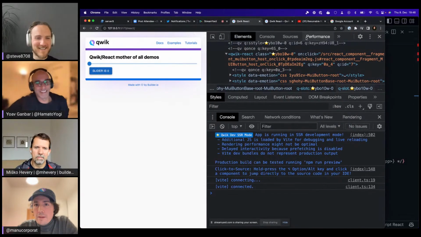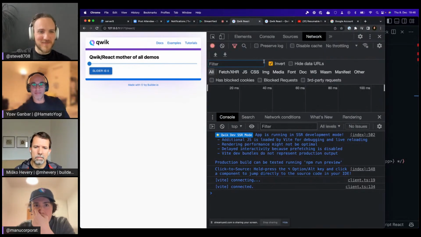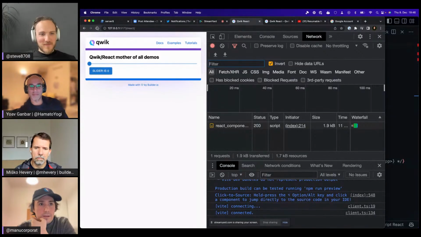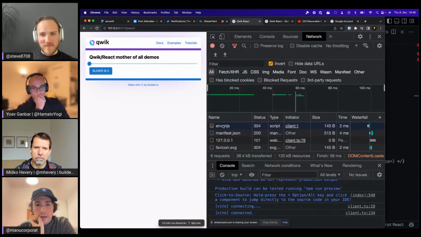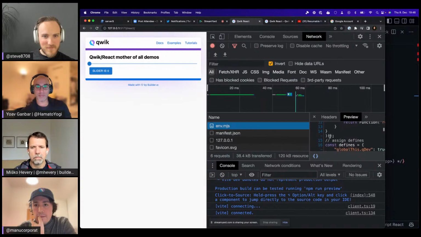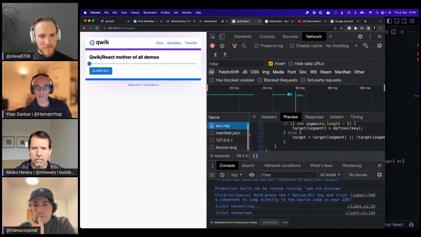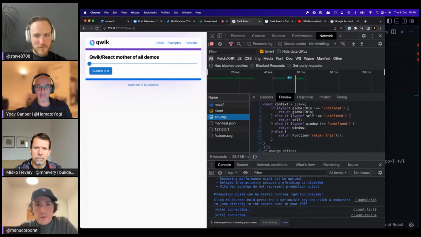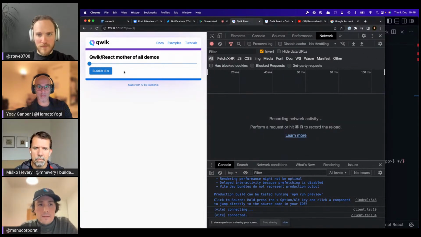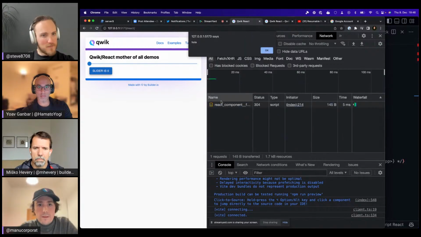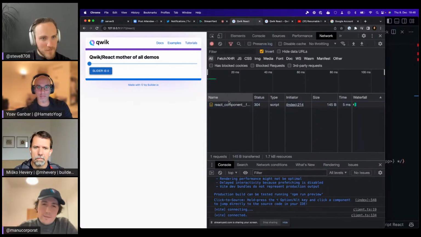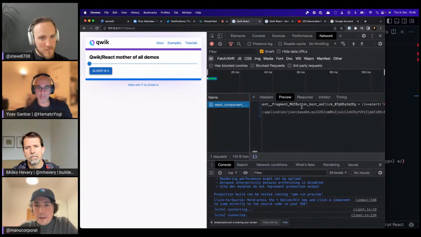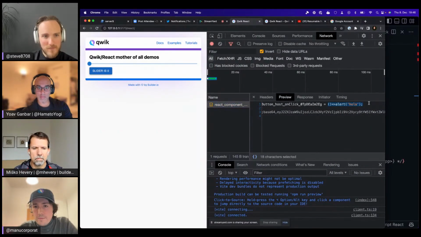So if we open the dev tools, we will see that by the time I click, let's see this. I'm going to refresh. So this is Vite. This is really not Qwik, it's really just Vite during development. So I'm just going to clean this up, and I'm going to click the button. See that one piece of code downloaded, right? See the size, it's like 100 bytes. And really the only code that got downloaded for this interaction is this, right?